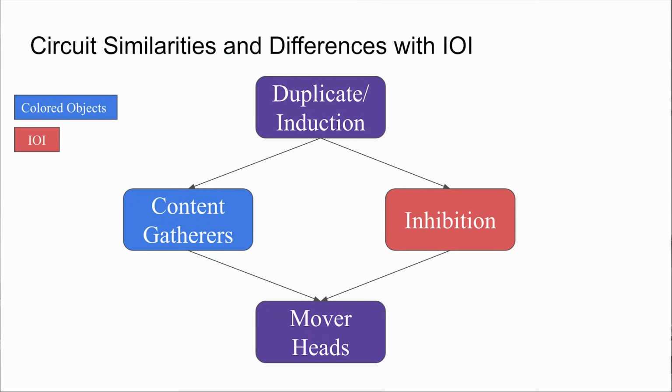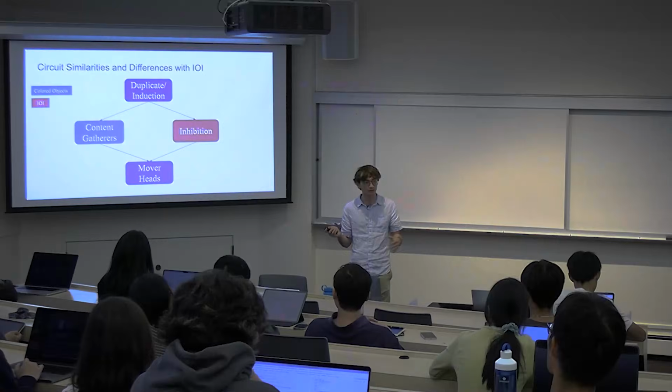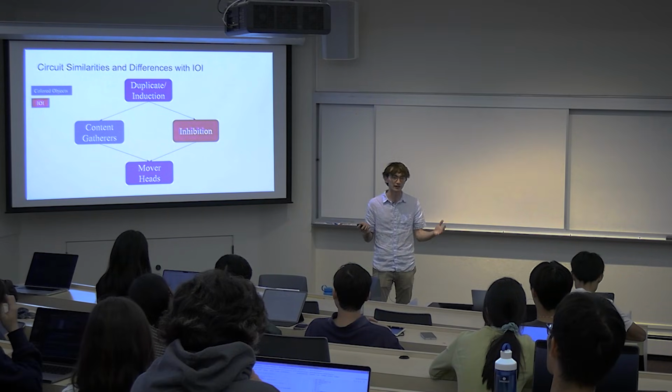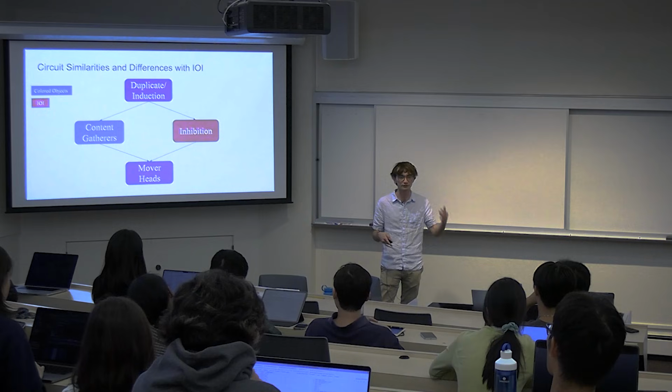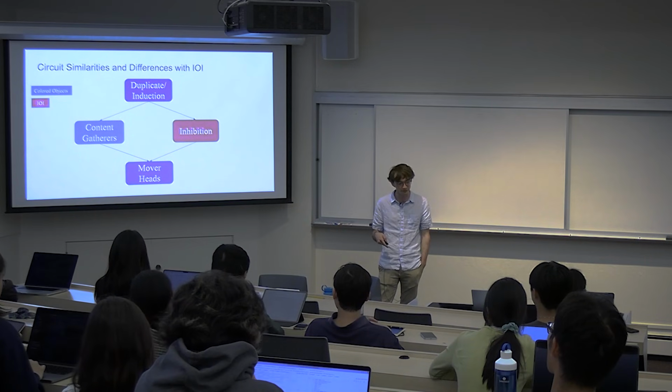And in a nutshell, without getting into too much detail, what we found is that there's a lot of similarity between these two circuits for these tasks, doing context retrieval, with one very different part in the middle. The main one being that in the colored objects task, there's no activation of the inhibition heads, or there is, but they're not causally implicated in this circuit for making the colored object predictions.